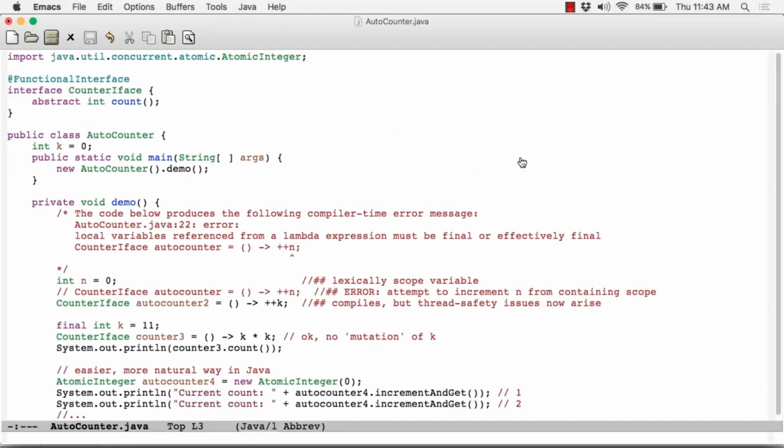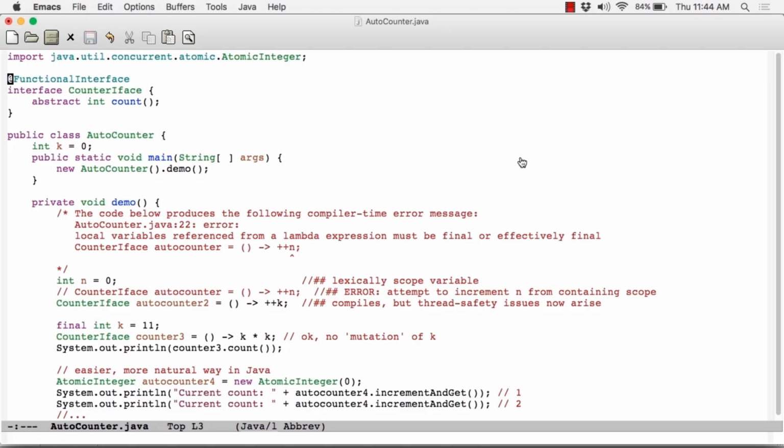This lesson focuses on Java lambdas as closures, and it uses a code example to do so. In the previous lesson, we looked at closures in Lisp, and closures in Lisp are allowed to mutate, that's the term that's typically used, the so-called closed over value. We're now going to see that this can't happen in Java, and to illustrate, we're looking in my Emacs editor